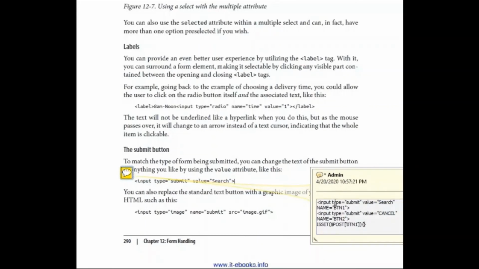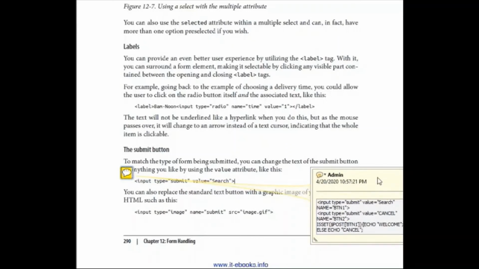Inside we can give, for example, when the first button is clicked, we want to display a page or we want to echo, for example, welcome. So what we will do, if the first button is clicked, we are checking from here isset $_POST btn1, echo welcome, else echo cancel.